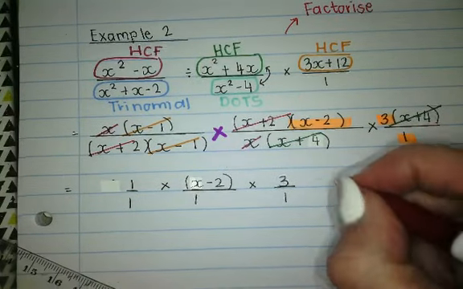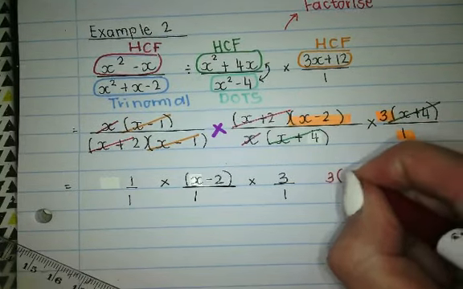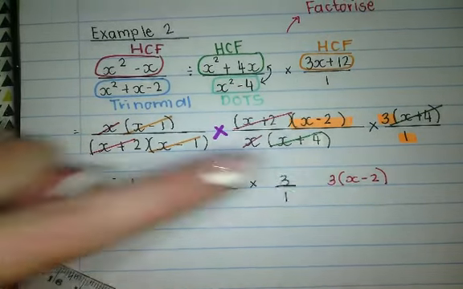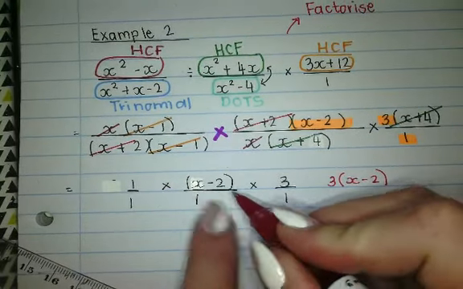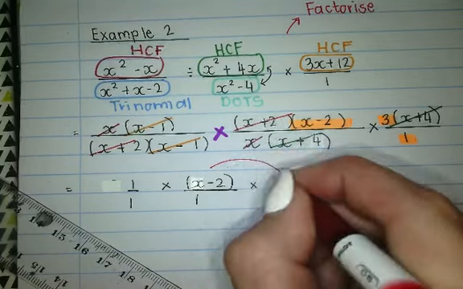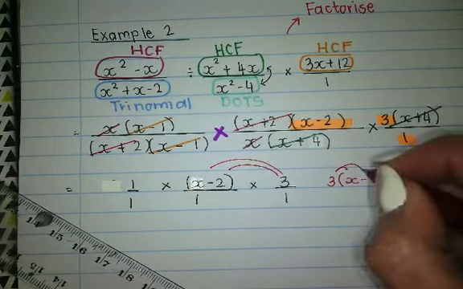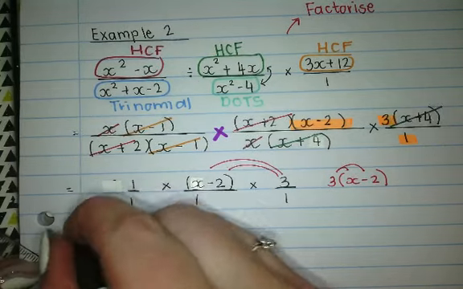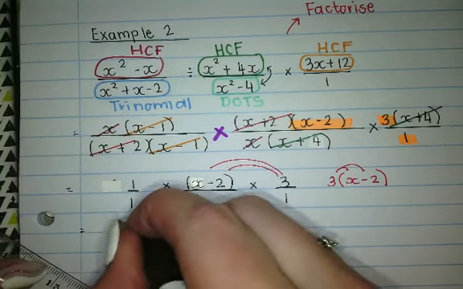Okay, so technically speaking, this 3, it's the same as writing it like this. This 3 needs to get multiplied with both of these. Okay, so it needs to go here and here. Do you understand why I say it's the same thing? Okay, so we're going to have left